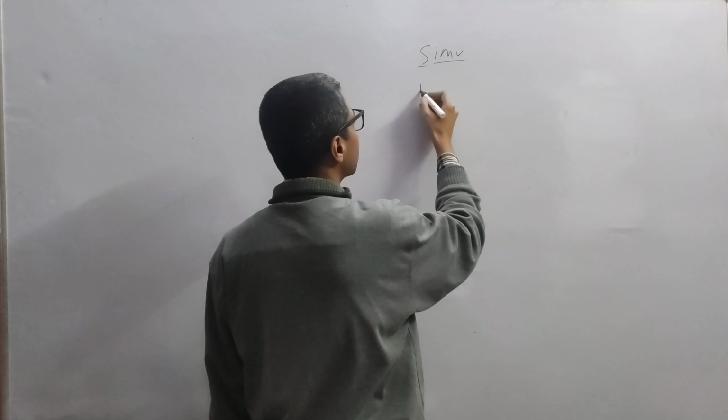Let's say you have set in the machine to give this patient 14 cycles per minute, and let's suppose the patient is taking 10 cycles per minute spontaneously. So if it is not synchronized, the machine will give 14 cycles per minute, the patient is also taking 10 cycles per minute, so it will become 24 cycles per minute.